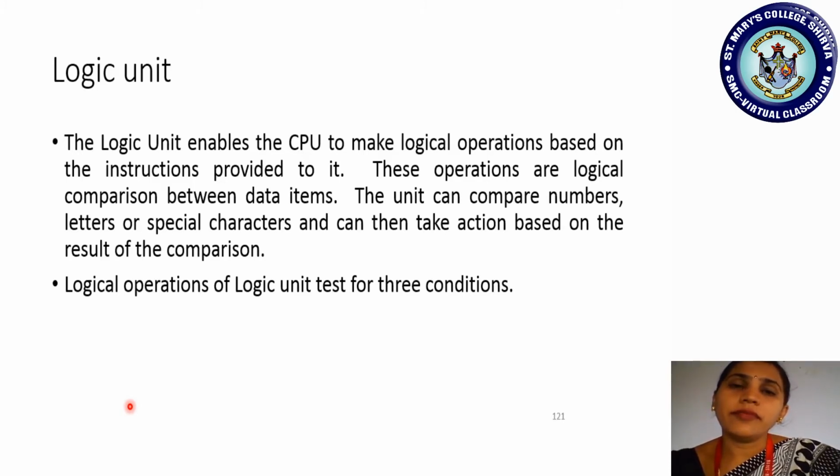So if my first number is 2, what is the basic logic you are putting to find whether the number is even or odd? The basic strategy is that any number which is divisible by 2 is referred to as what? Even number. And other numbers which are not are referred to as what? Odd number. Did you all understand? So one condition should be satisfied: checking whether the number is divisible by 2. If it is true, then the respective action has to happen.